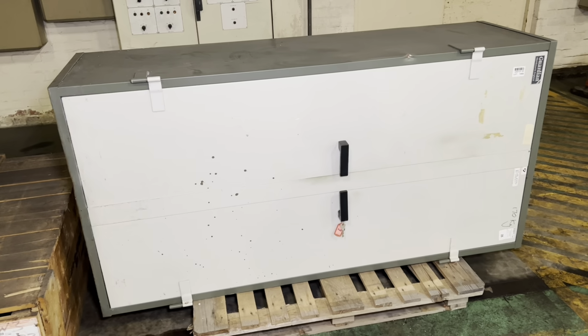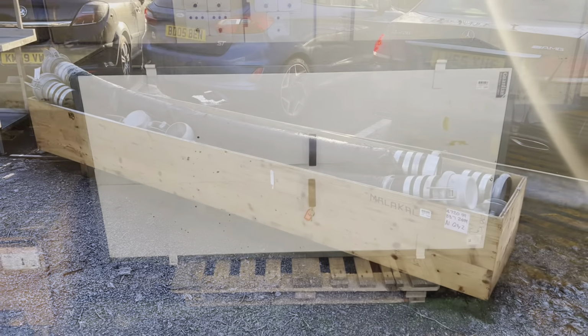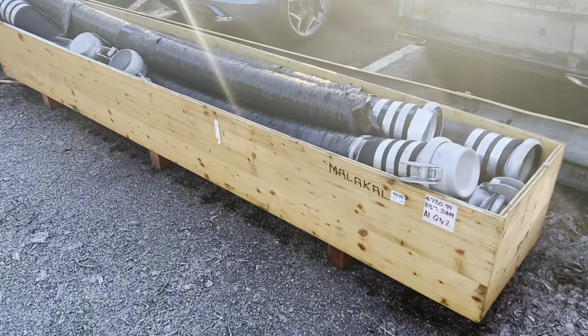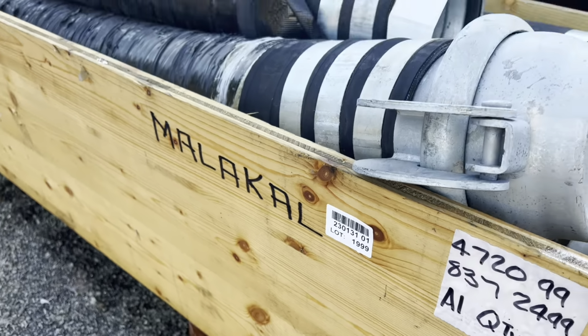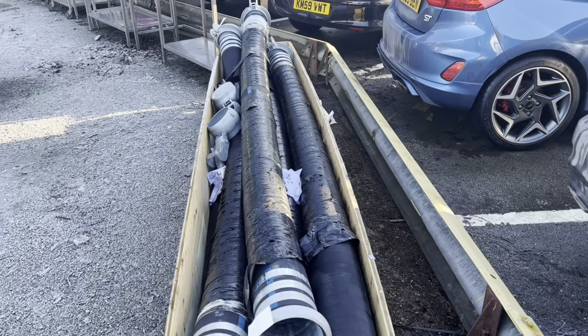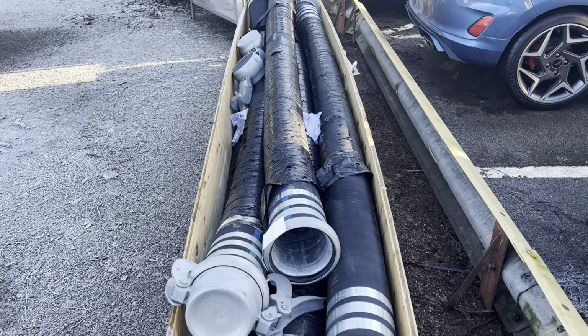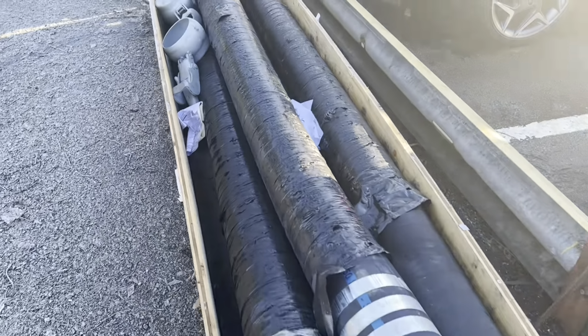You see it's on its side. We make our way to the outside part of the auction, a quick lot check at lot 1999 with these rubber hose sections. Got a Bauer type fitting on the end of them there,